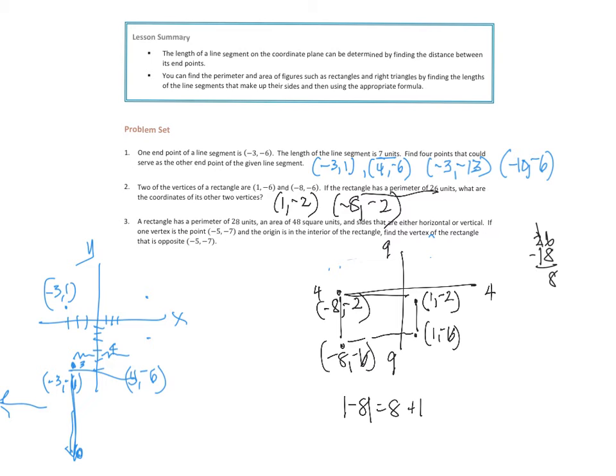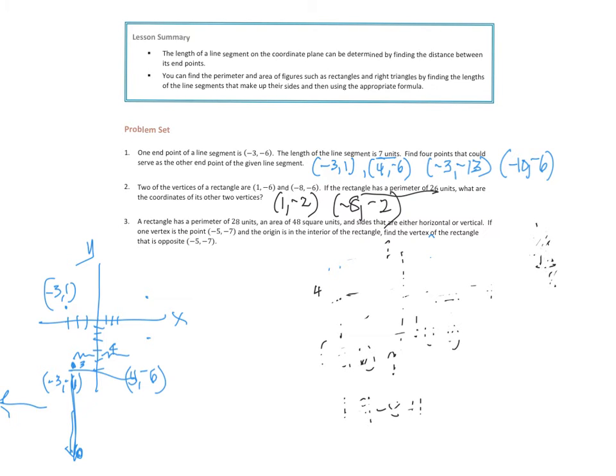Last one. I'm going to erase this one too. Okay. Just a slight erasing. Okay, clean enough. This is a rectangle, has a perimeter of 28 units, an area, that means where I multiply